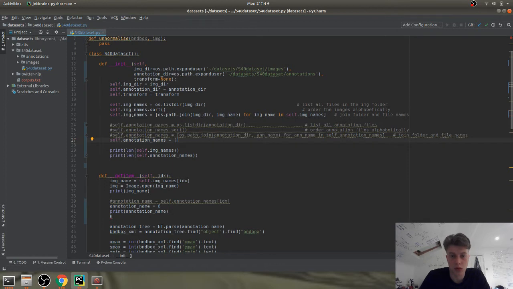What we're going to do, and in this init function, we've got this annotation directory, which is that home/dataset/s40/annotations. So what we're going to do is join together. So os.path.join, using the operating system path library, join together annotation directory, and also